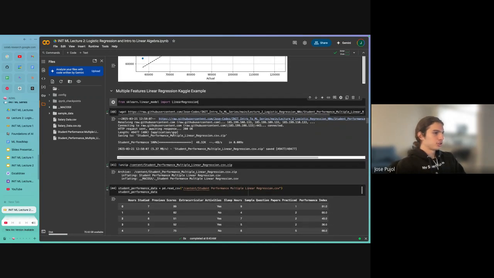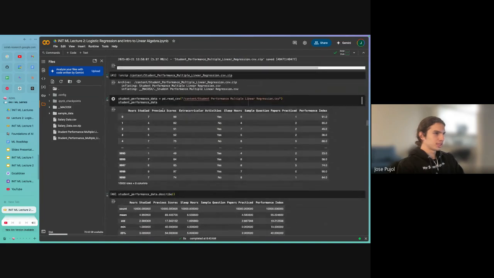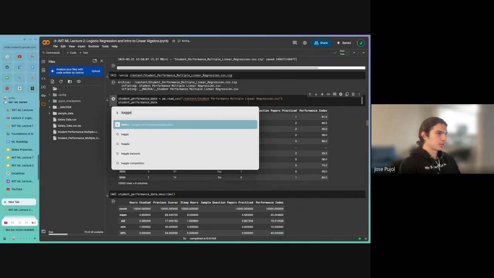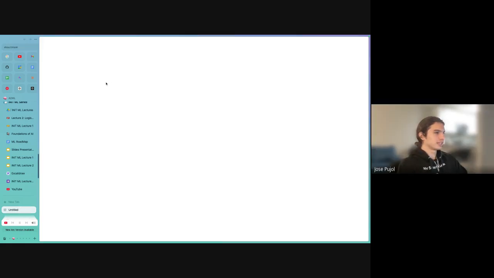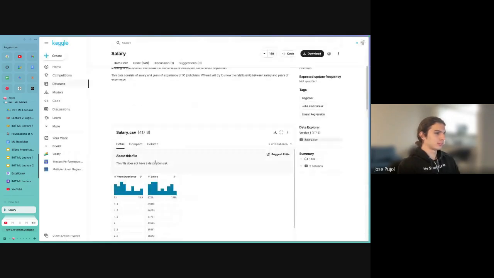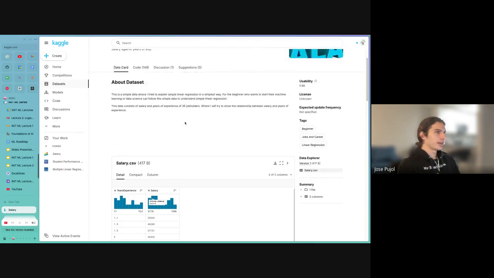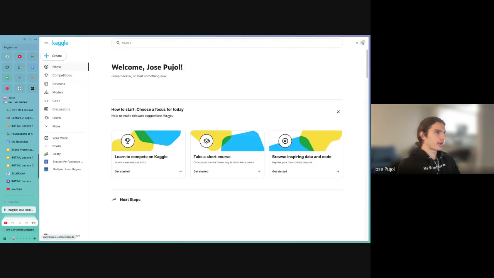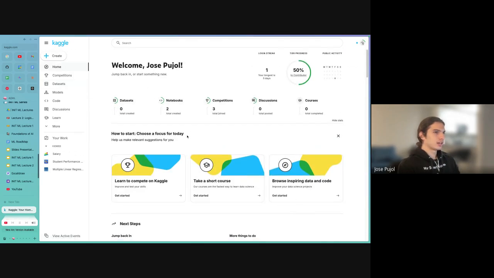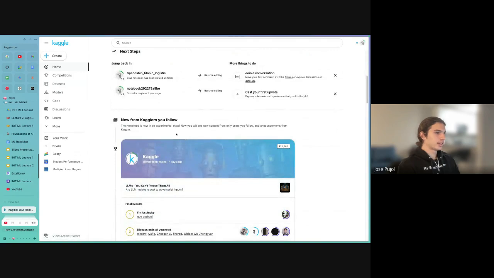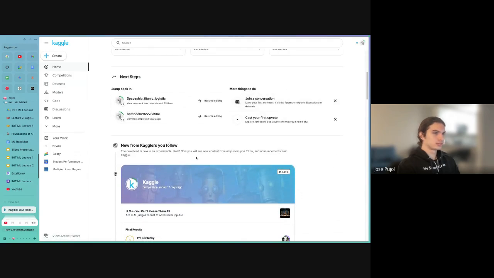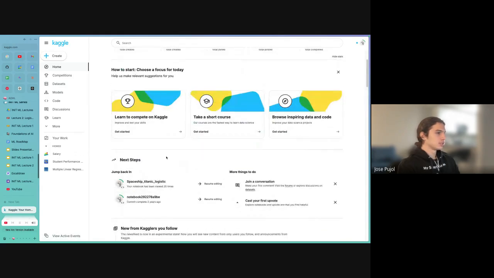So yeah, I'll just show you from this example. First, I'm just going to use the demo one that we've been using. There's a different data set on Kaggle. By the way, Kaggle, you should definitely check this out. I got the data sets from here. So this is that salary data set that I showed you at the beginning. Kaggle has all the data sets, and you can just go on here and try out different ones.